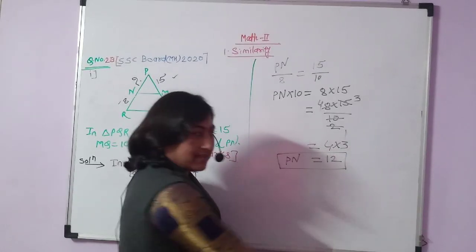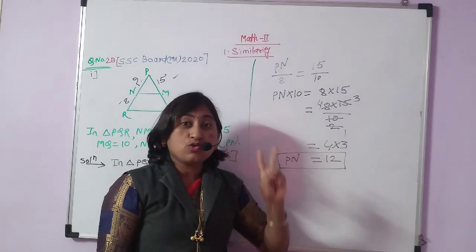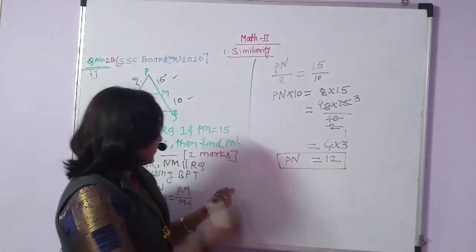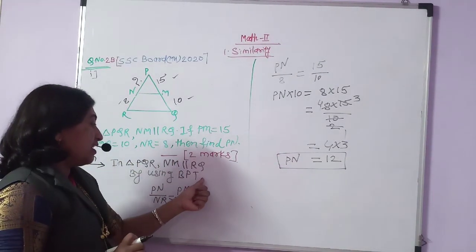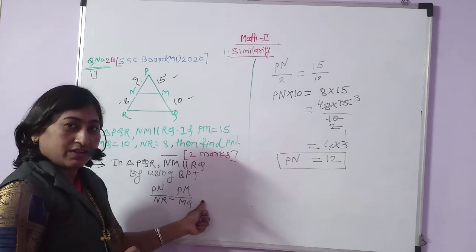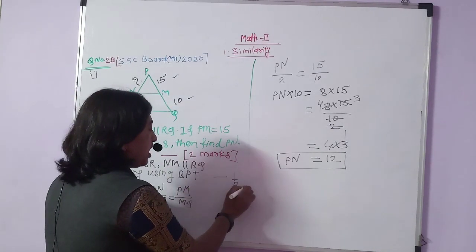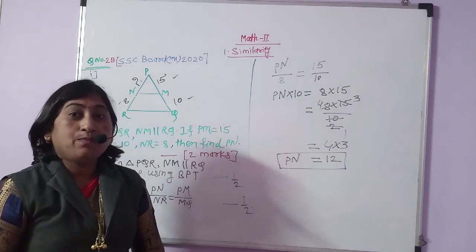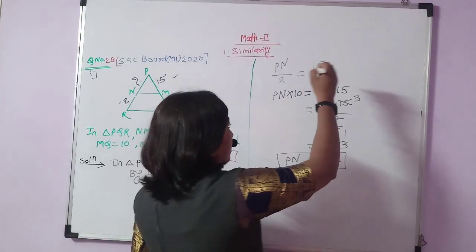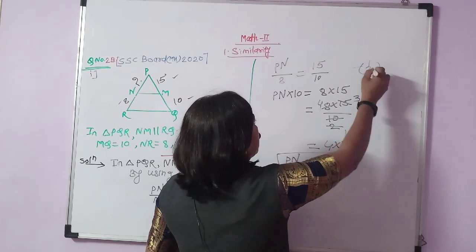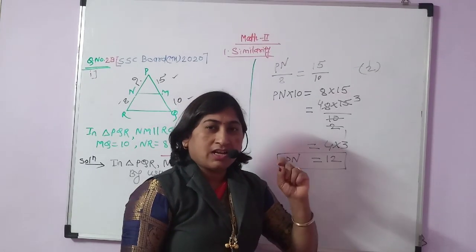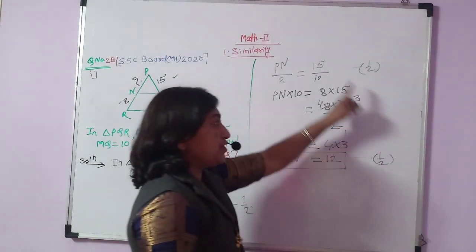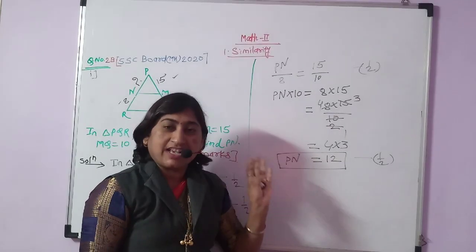This is our correct answer. How to distribute these 2 marks in the SSC board examination? Such a type of example. See, if we write the reason with the equation, with the reason we get half marks, for the equation we get 2 marks, and put the values in this theorem equation, half marks, and for finding the correct and proper answer we get half marks. This is the distribution of 2 marks in the SSC board examination.